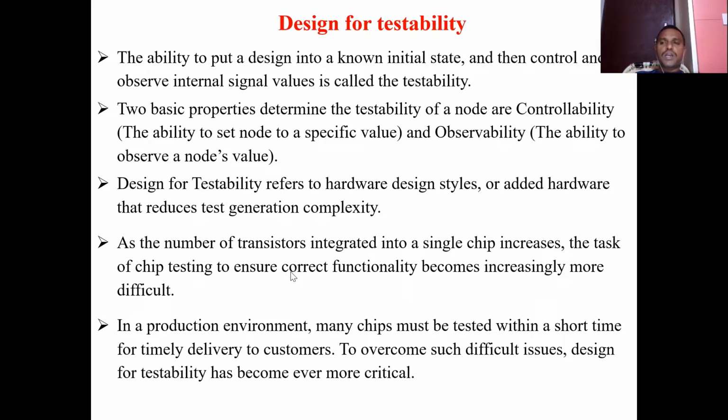Suppose you consider a small circuit that is placed on a breadboard. Suppose it is a rectifier circuit. It is very easy because there is a limited number of diodes we have. Or if you consider a transistor as a switch, a transistor as an amplifier, a single transistor, that is very easy to test. But in VLSI, it is around millions of transistors that will be placed on a chip.